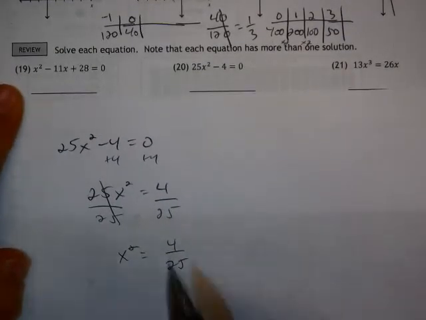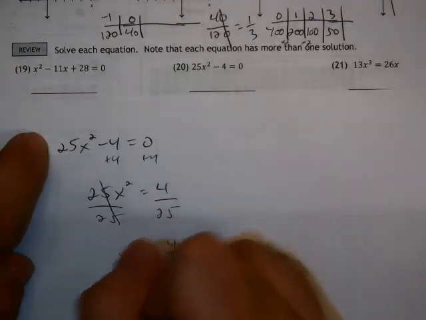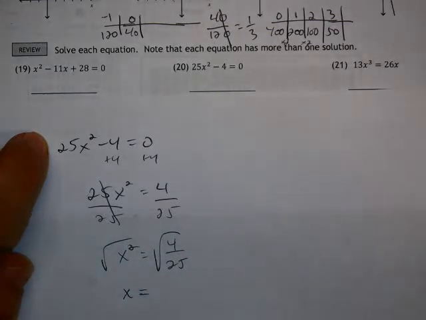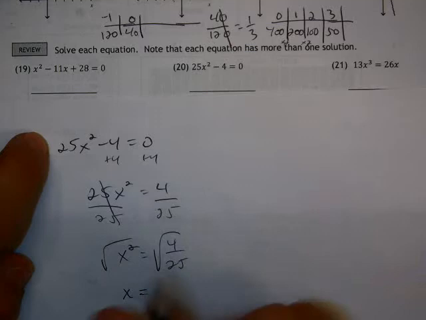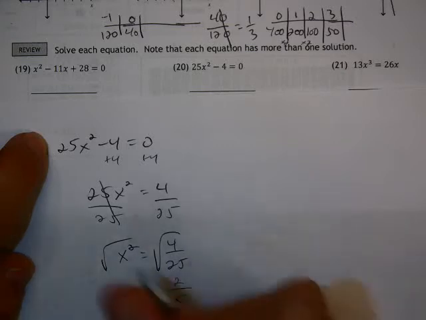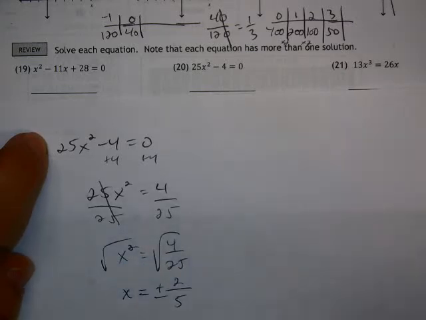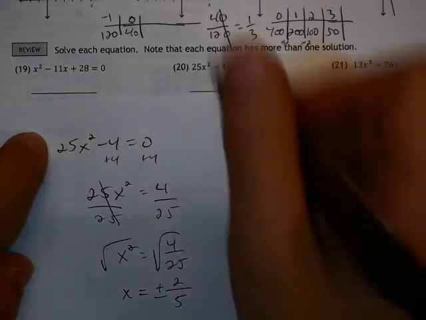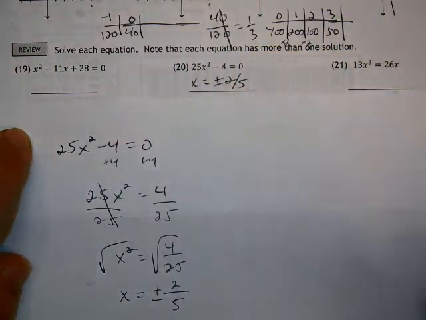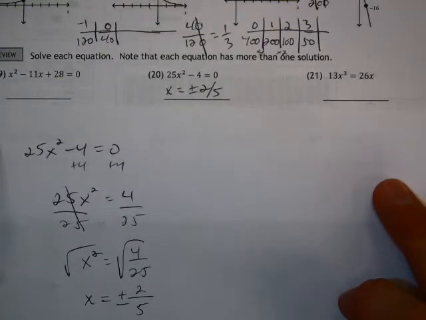So here, to solve for x, if I have x squared, I can take the square root of both sides. That cancels the square on the left, gives me x. Now on this side, when I take the square root, that'll give me 2/5. I'm taking the square root of both the top and the bottom. The square root of 4 is 2. The square root of 25 is 5. And remember that could be plus or minus, because you could have negative 2/5 times negative 2/5 to give you this 4 over 25. So for number 20, my solution will be x equals plus or minus 2/5. Number 21,